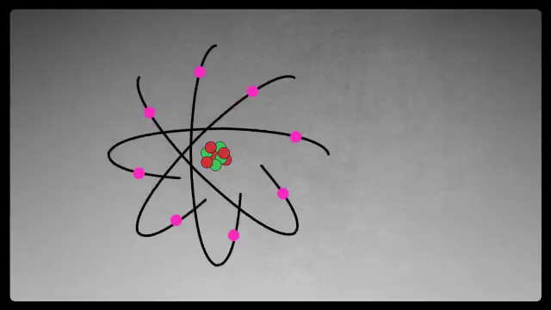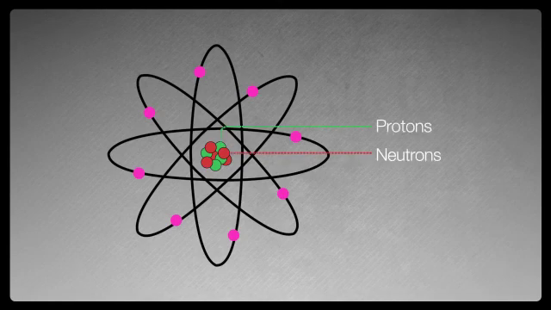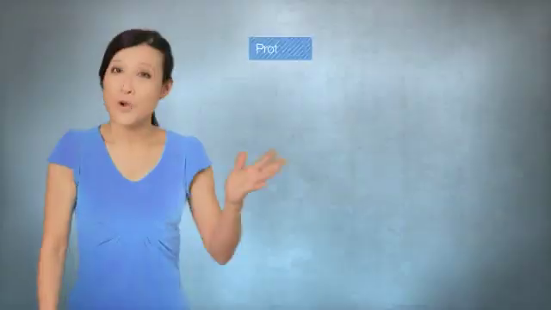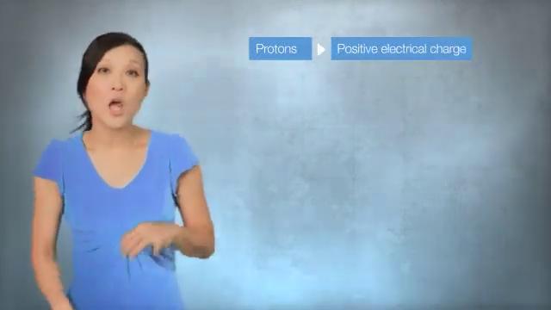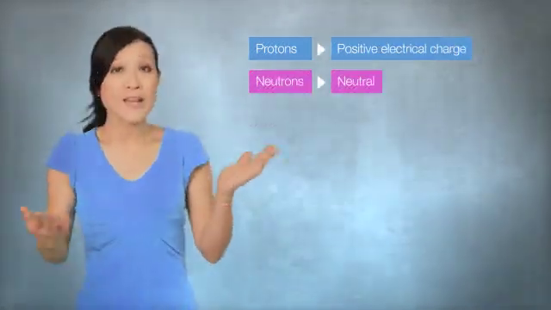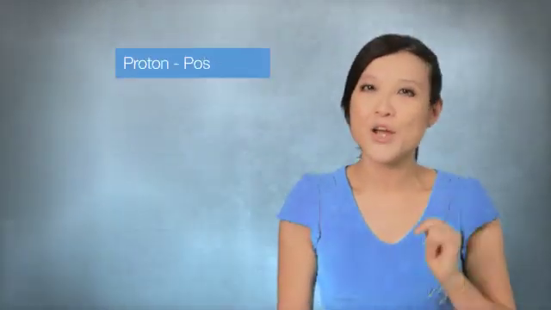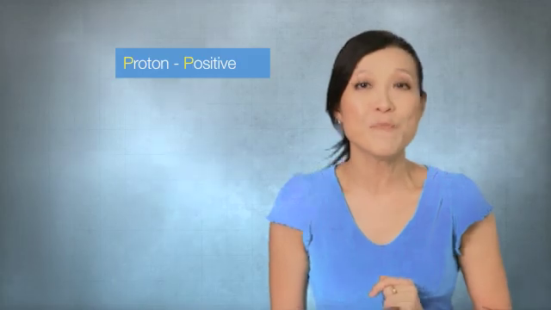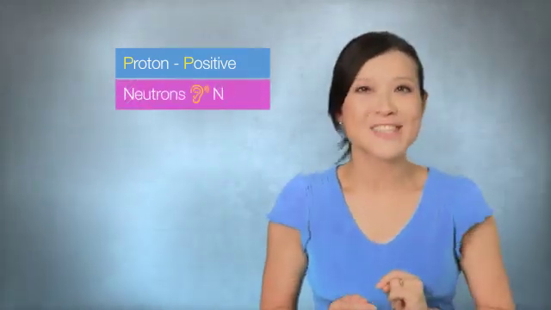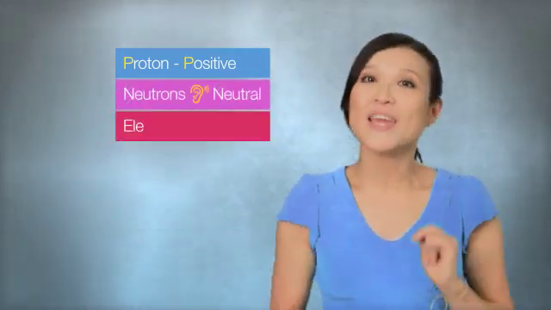You can't see it with your naked eye, but the structure of an atom looks something like this. An atom is made up of protons, neutrons, and electrons. Most of the questions will be based on the properties of these subatomic particles. Protons have a positive charge, neutrons are neutral, and electrons are negative. So it's easy to remember that proton and positive both begin with P, and neutron sounds like neutral, so electron